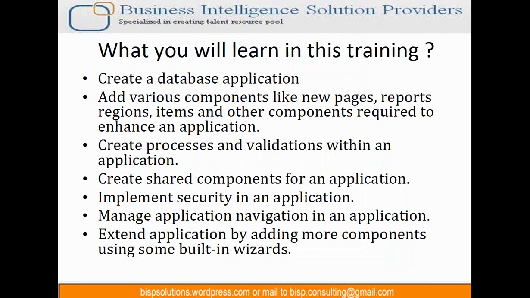In this training you will create your own application, and in that application we will try and add most of the features that are available, each one with an example, and you'll be creating pages,